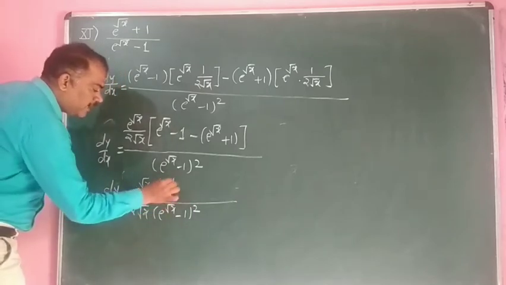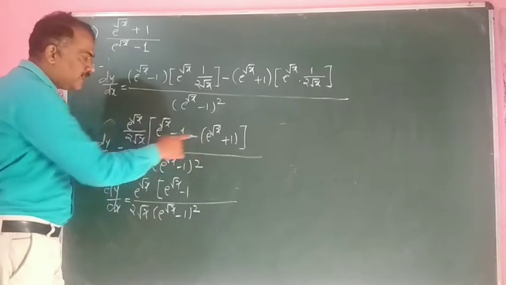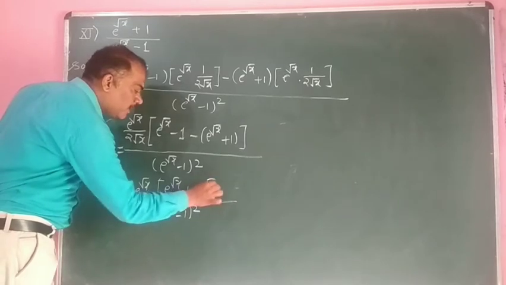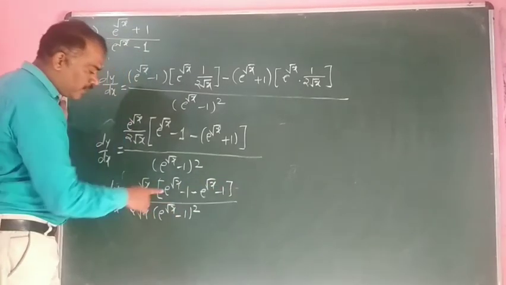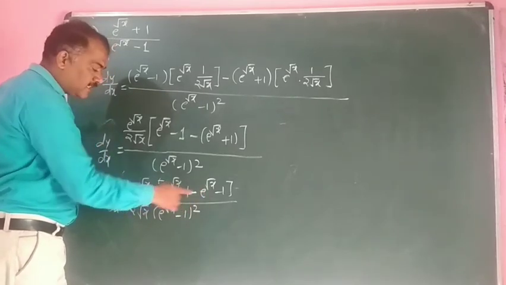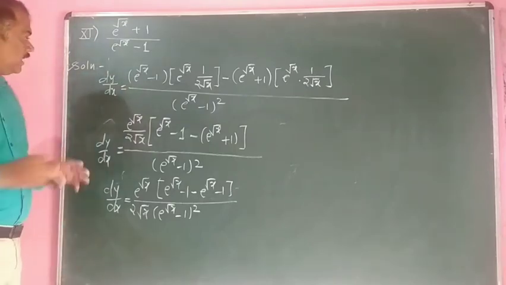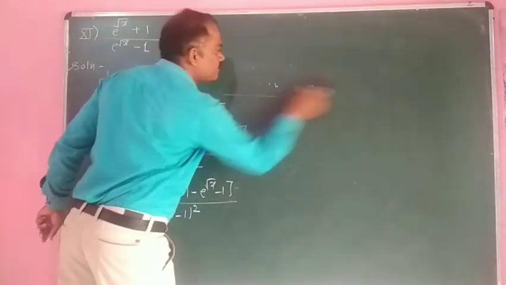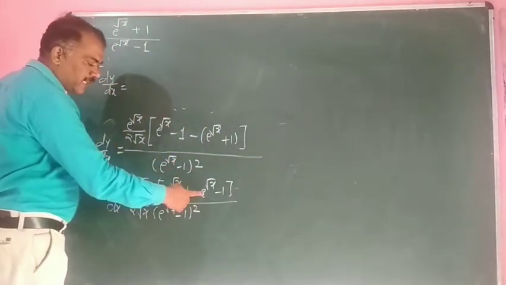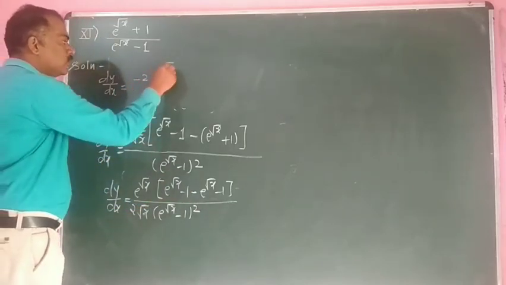Here, e raised to root x minus 1, if you have to open this bracket, the minus sign goes inside, so that all the signs inside the bracket will be changed, that is minus e raised to root x minus 1, plus e raised to root x. This minus e raised to root x gets cancelled, this minus 1 and this minus 1 becomes minus 2. This one write as it is. How to get that? e raised to root x minus e raised to root x gets cancelled, minus 1 minus 1, that is minus 2 into e raised to root x